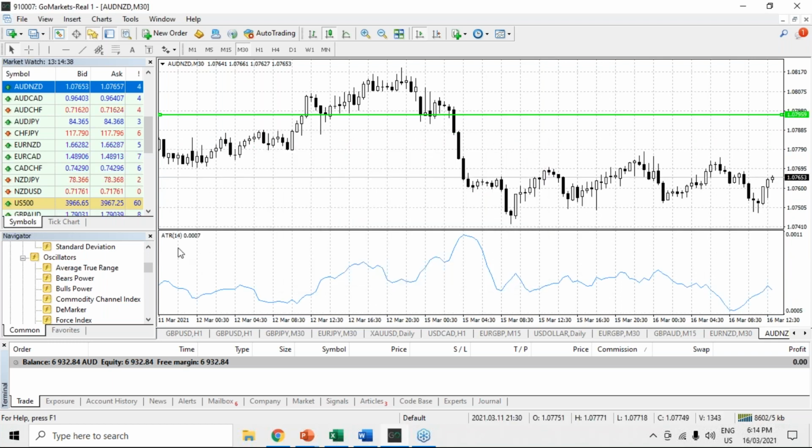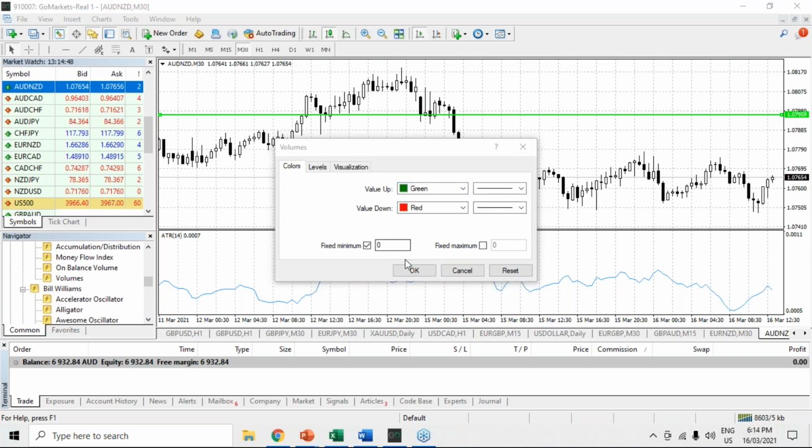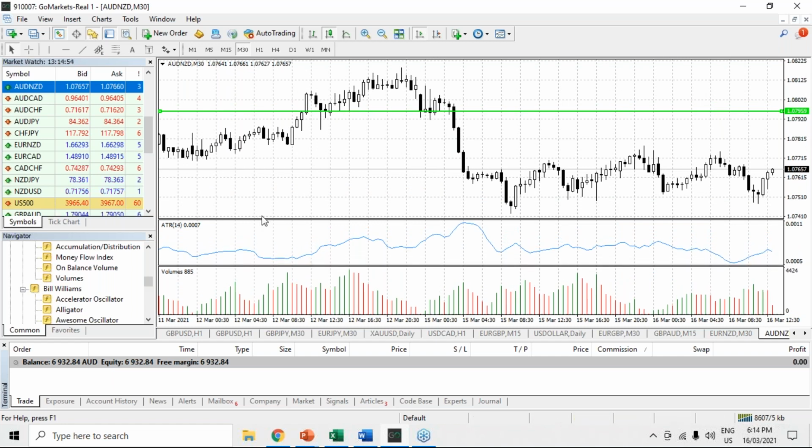Okay, so we need our ATR on there and we need our volume on there. Boom. Okay, so we go back to our plan. So there's our breakout. So we're looking for a short trade below this support level here. So the ATR at this level up here is around about 10 pips. There we go, 9 pips. Okay, so we'll say 9 pips, or let's say 5 pips below,